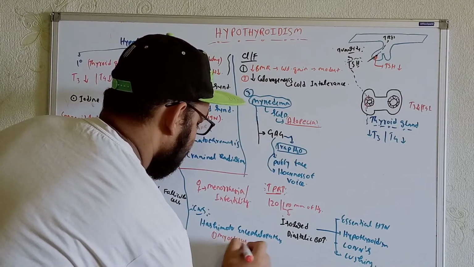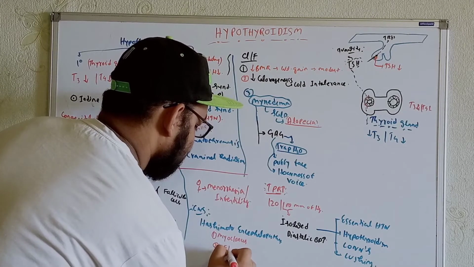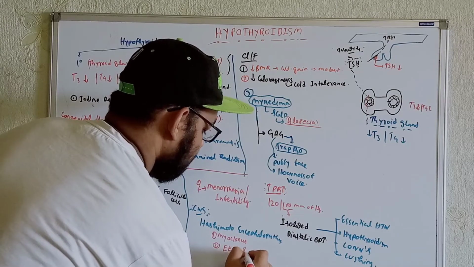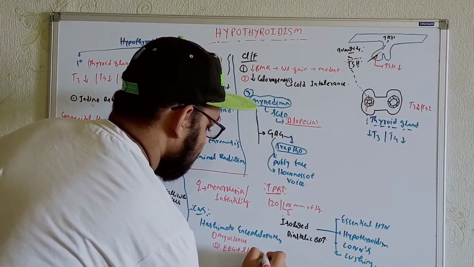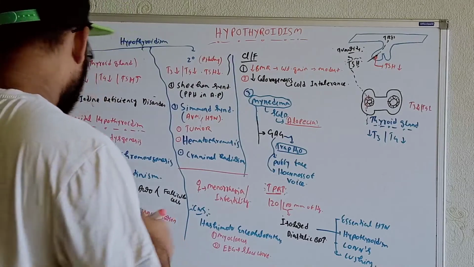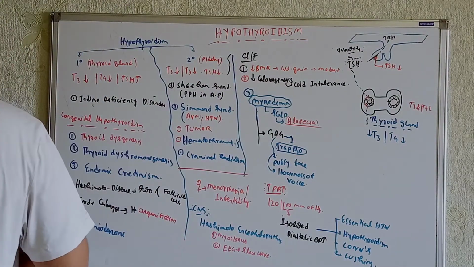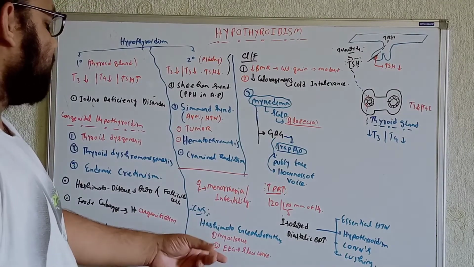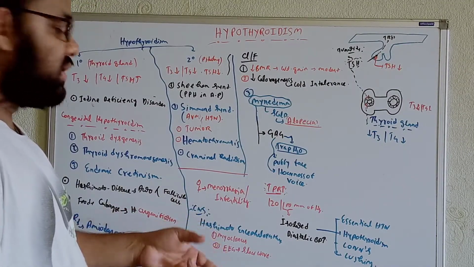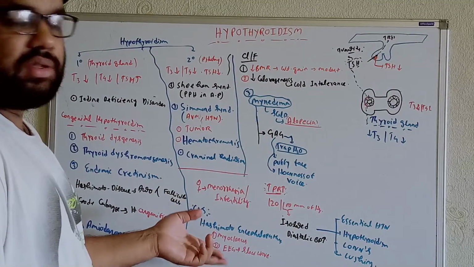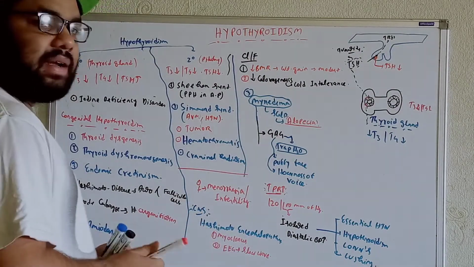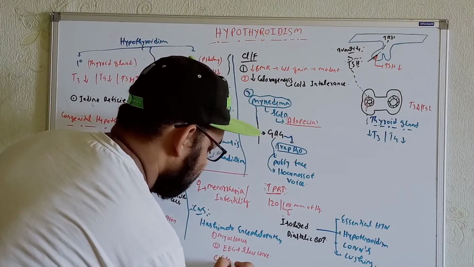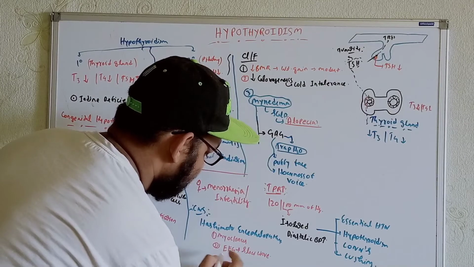We can also get, if we do an EEG, electroencephalography, the slow wave. Along with that, if we look at the development of Hashimoto encephalopathy, in these cases anti-thyroid drugs will not be responsible for the improvement. Instead of anti-thyroid drugs, if we use steroids, they will give a good response.